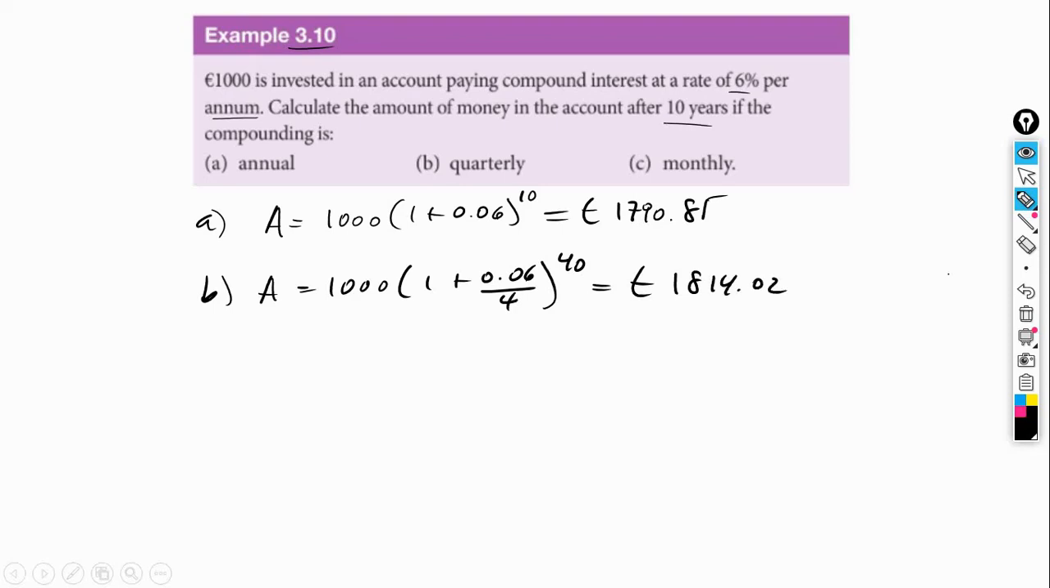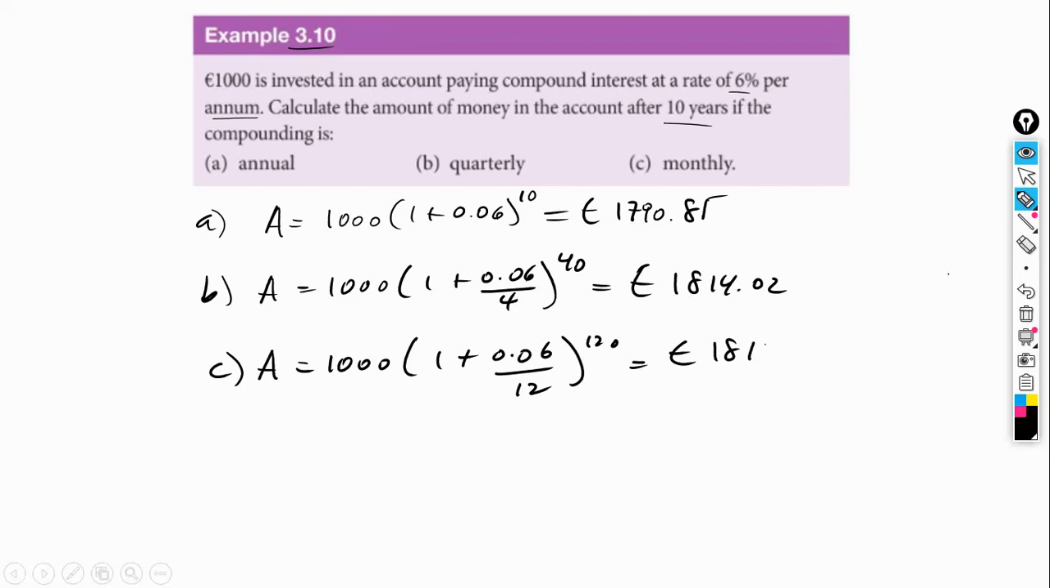1,814.02 euros. For C, it would be monthly, so that means 12 times a year. So it's the same thing again, 1,000 times 1 plus 0.06 divided by 12 to the power of 120, or 12 times 10. And this was going to give us, in euros, 1,819.40